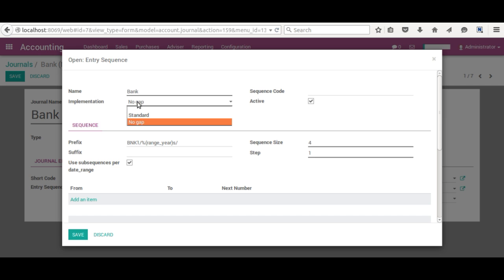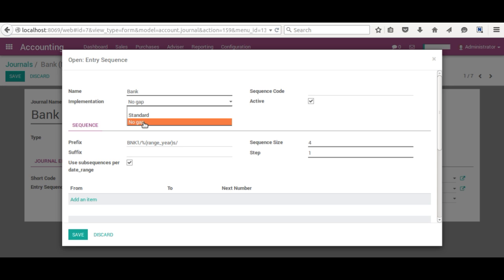Now what happens with the standard is if I create a journal and let's say for some reason I don't use the journal, then that number will be abandoned in the system. So that means I can have gaps in my journal. We call that option the standard option. The second option is no gap. Now no gap means that the system will try to close any gap it finds as a consequence of not using certain journals which were already created in the system. So if you delete a journal, for example, and you will never need it again,